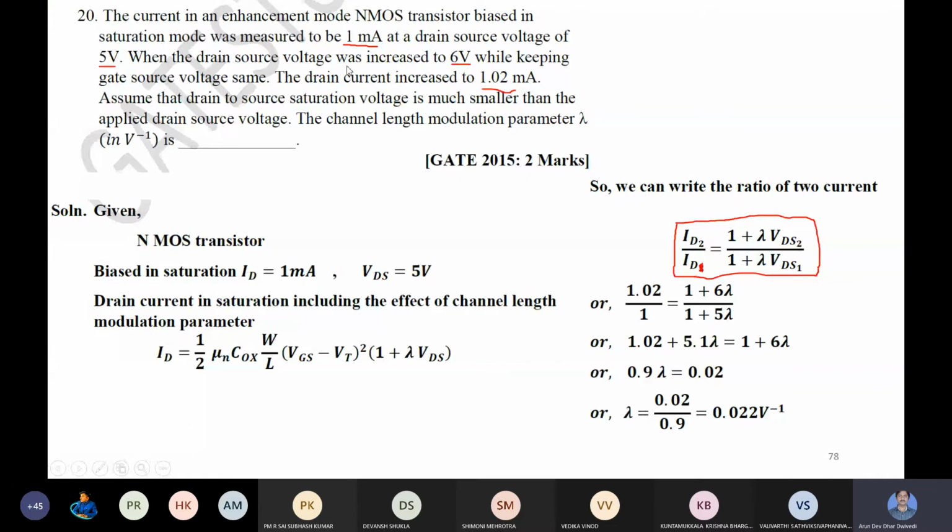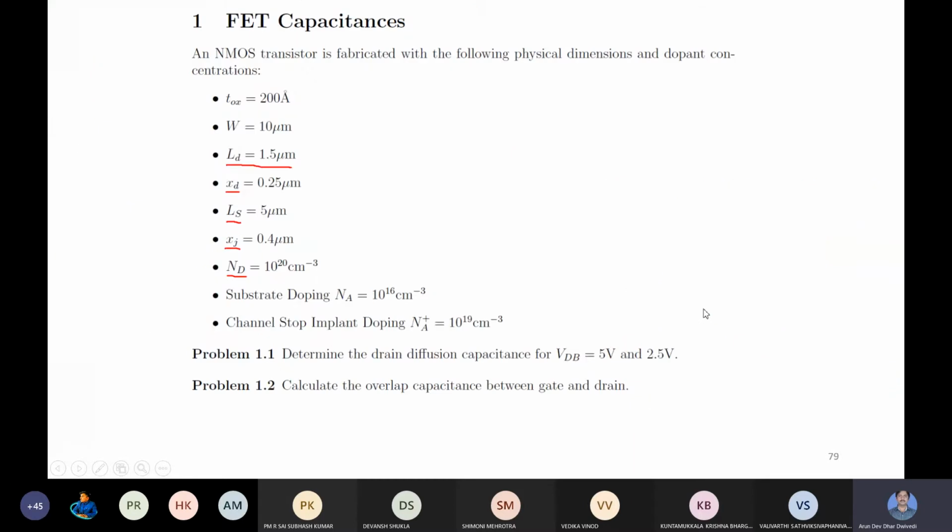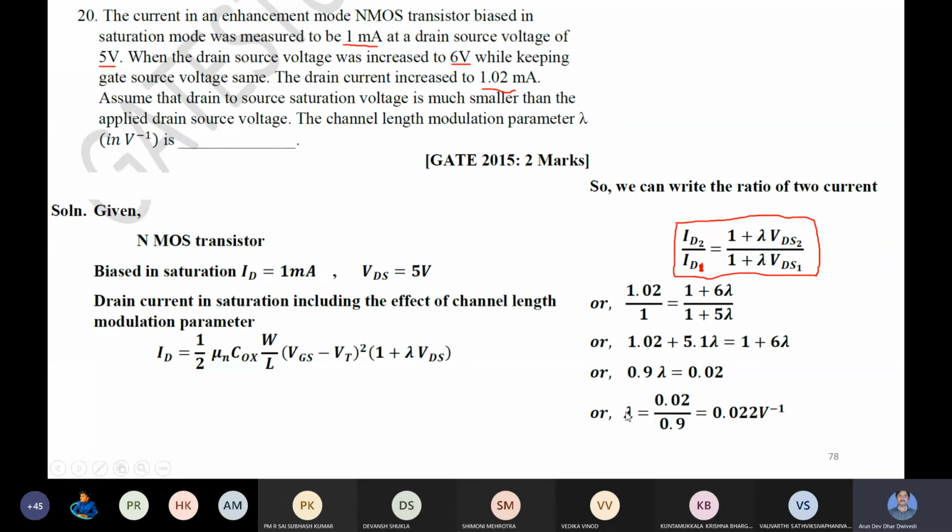Also, when VDS2 you are applying 6 volt and gate voltage is the same, then IDS2 is 1.02. So IDS1 and IDS2 both are given, and ID2 by ID1 is equal to (1 plus lambda VDS2) by (1 plus lambda VDS1). By putting this and solving, you are able to find out the channel length modulation